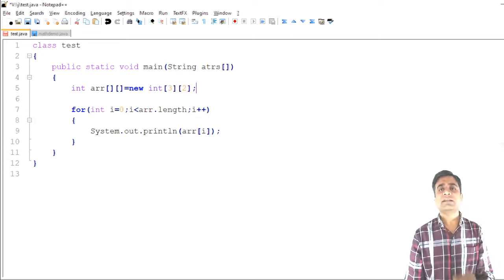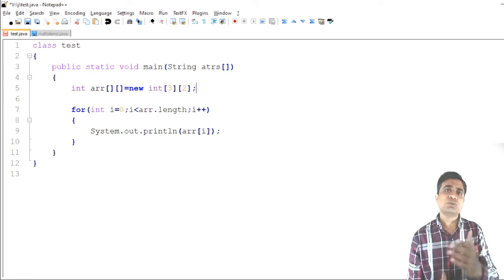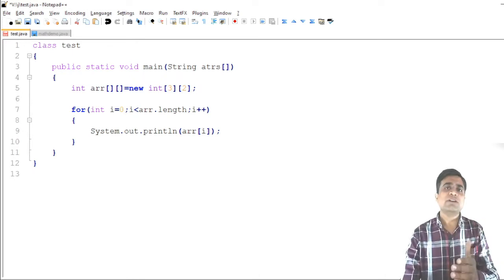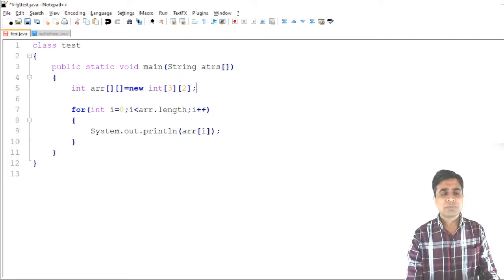I am writing 3 cross 2, that means 3 into 2, 6 values in total, we need to initialize. We can also supply the values dynamically, but for that I will prepare a next video on dynamic programming. Dynamic programming means you can enter the values at runtime, whenever you run the program in a command prompt, or you can use a different way.